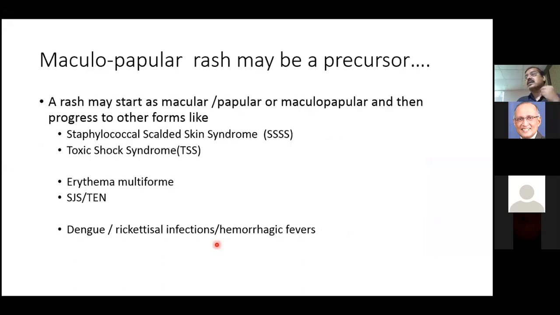A classic example where you will find a maculopapular rash progressing into some amount of vesicular eruption is staphylococcal scalded skin syndrome or a toxic shock syndrome. Or erythema multiforme, where you will find small vesicles, a pseudo vesicle, what we call. So small vesicle in the center with a peripheral rim, the target lesion. So you will have small vesicles here and there. Very often people diagnose it as chickenpox and even start acyclovir for that. It will be a simple maculopapular rash on which there will be small vesicles. The patient is given a diagnosis of chickenpox and sent back because the patient has not been examined in full and the history has not been taken properly.